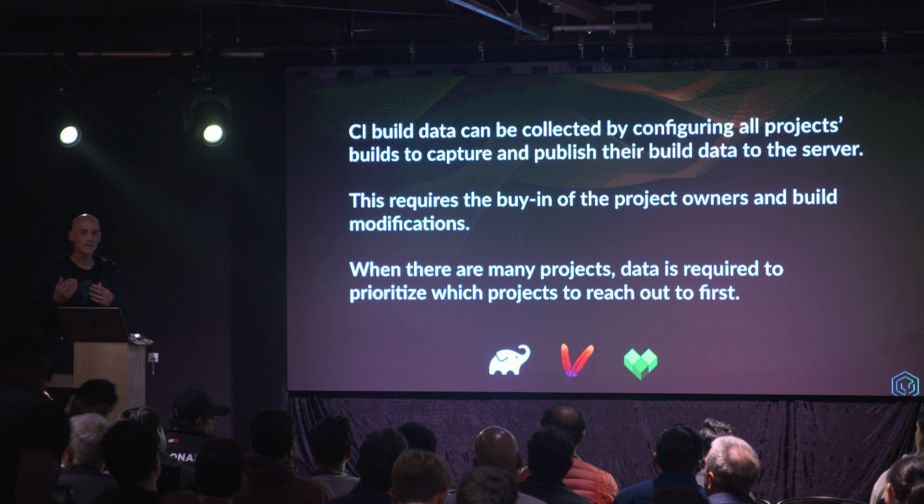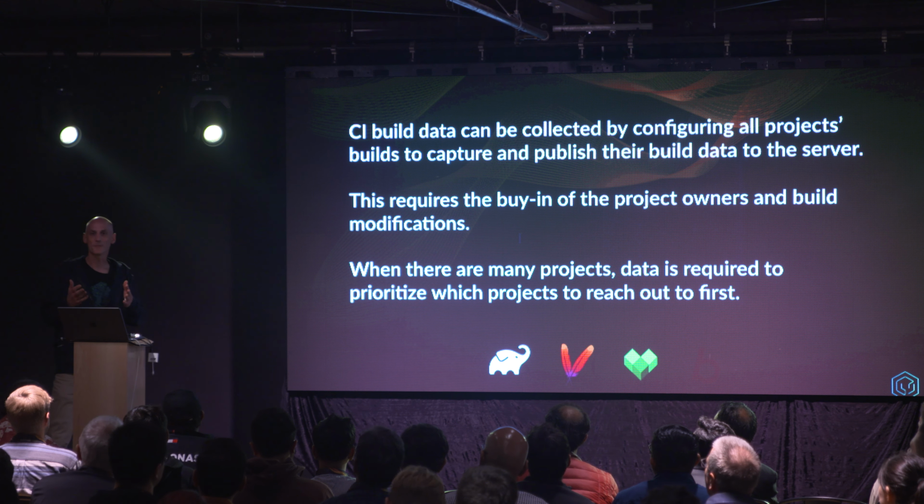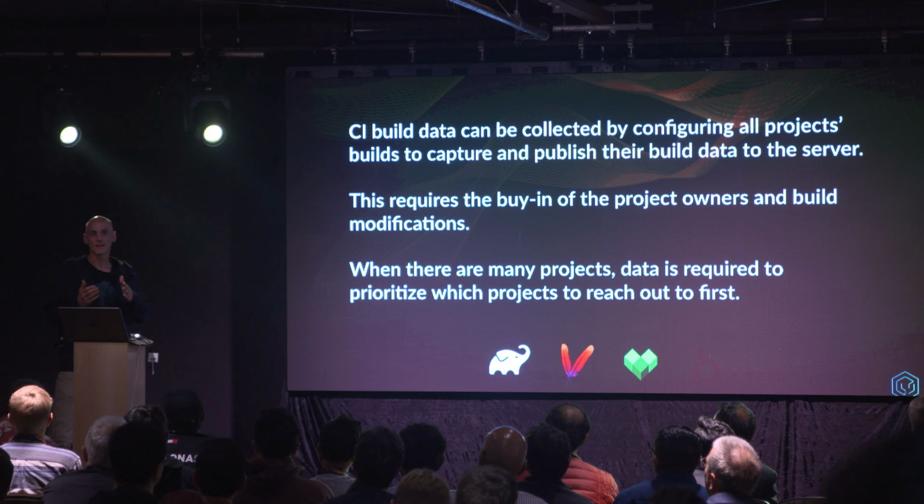You want to have the data as soon as possible and not go through a gradual adoption, even if it's a fast adoption. Why is it a bit slower? Usually you need to get the buy-in from the product owners and you need to make a build modification. It's very small. It's usually a few lines of code in the build, but still you need to touch that build. And maybe it's a project that isn't even run on a regular basis anymore, so nobody really wants to touch that project anyway. So, and also there's another problem, like if you have 1,000